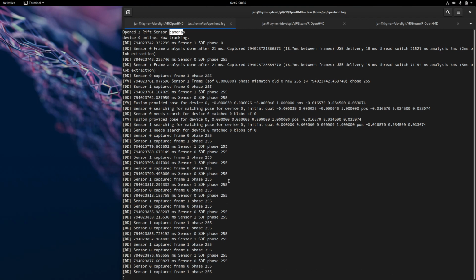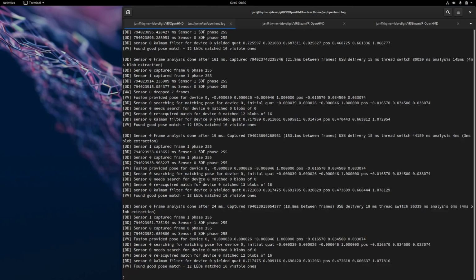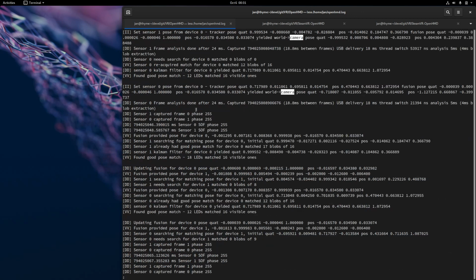One of the other things that I've done in the last week is to take this frame capture and split it up into multiple threads. So there's one thread capturing frames from each camera and then passing them off to a separate thread per sensor for analysis. So sensor 0 gets a frame, starts looking at it, and when it gets the first good lock,